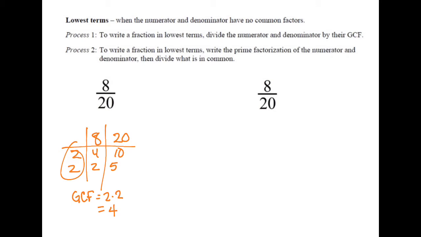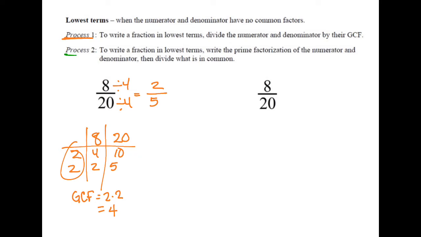Okay, this is how we found greatest common factors. So we know the greatest common factor between 8 and 20 is 4. So now we're going to divide by 4, and we would get 2/5. Okay? This other way, process 2,